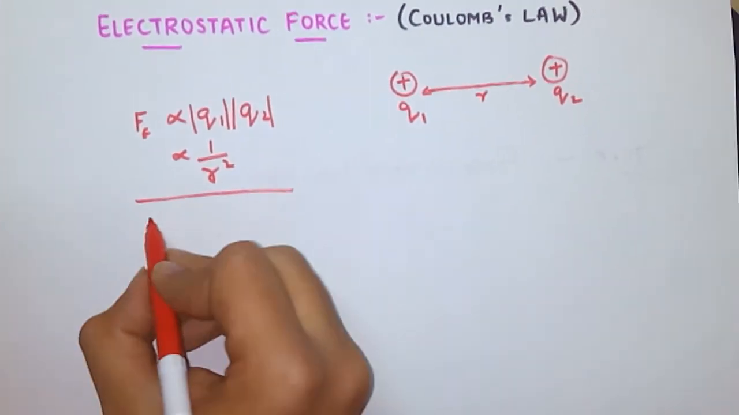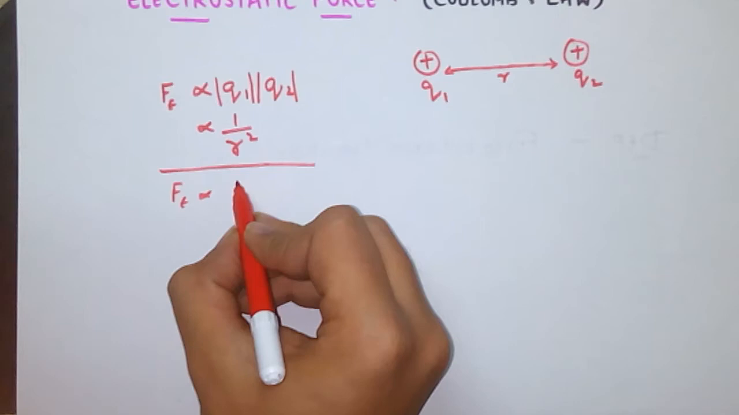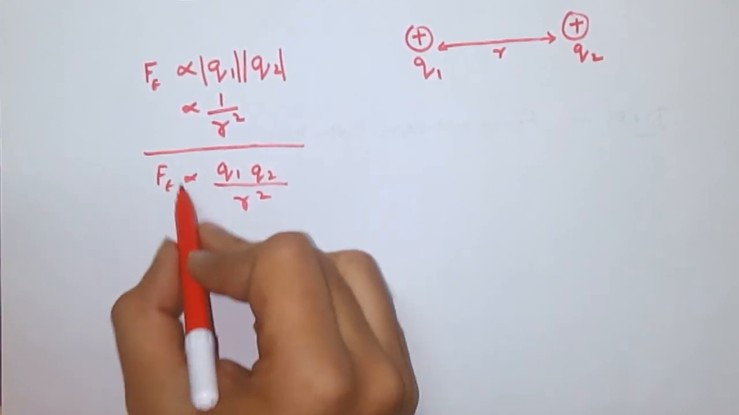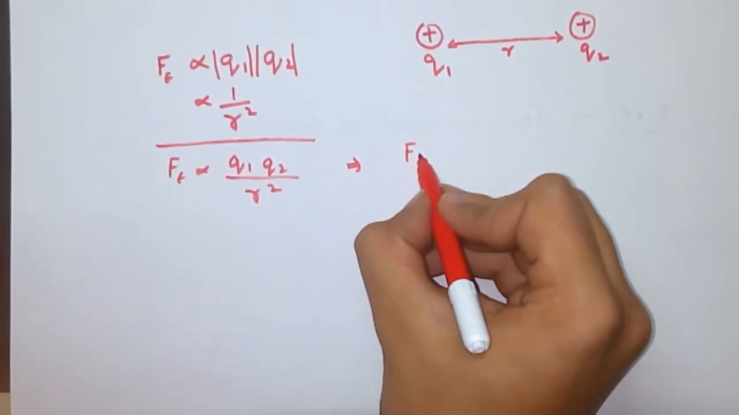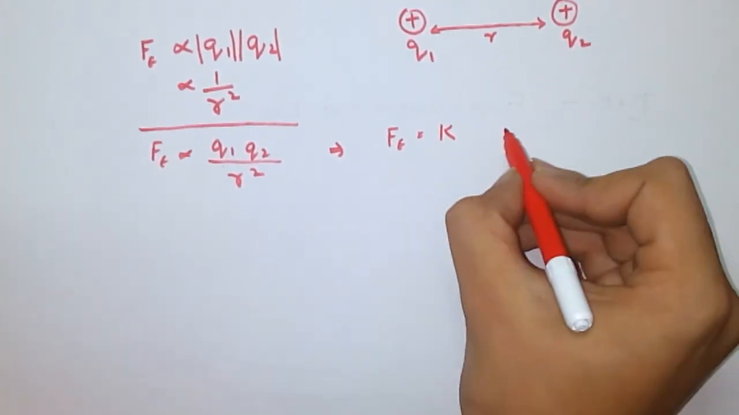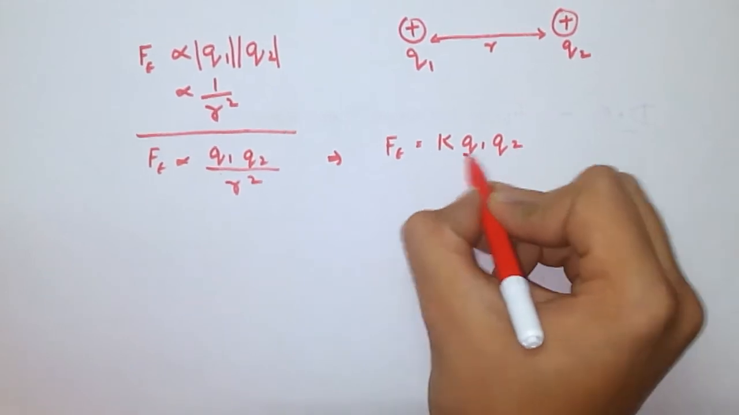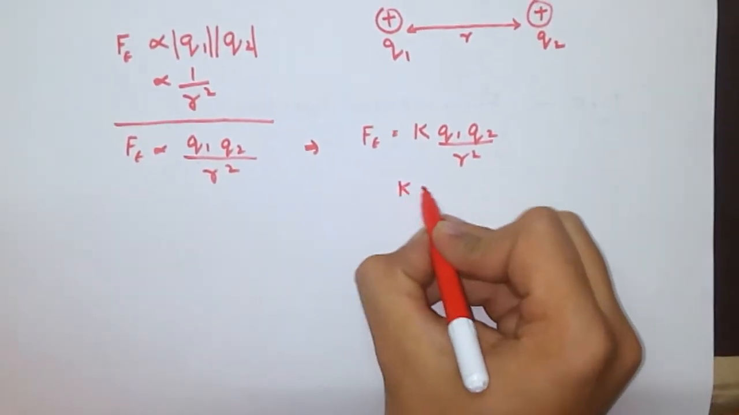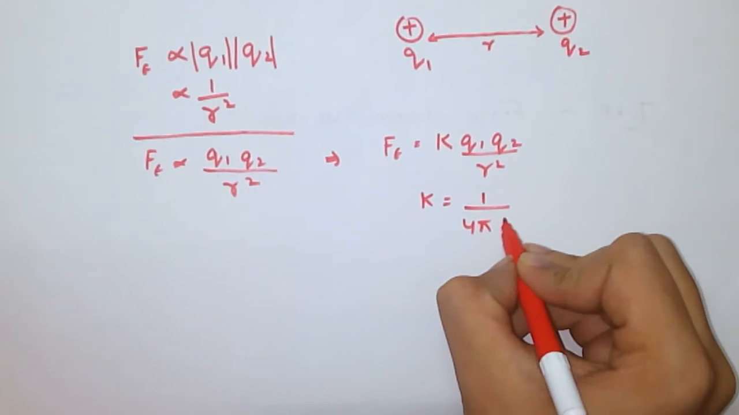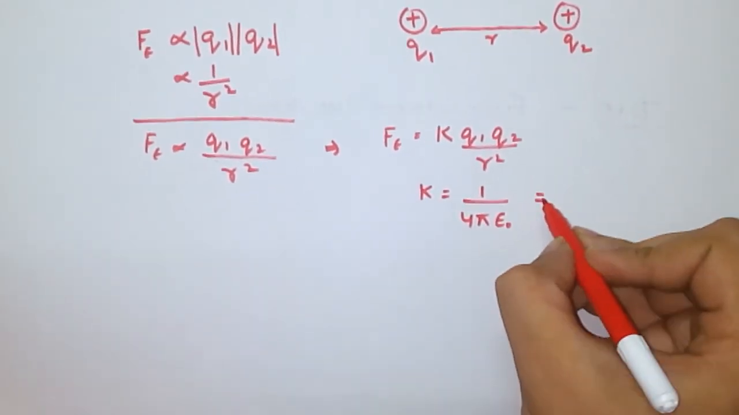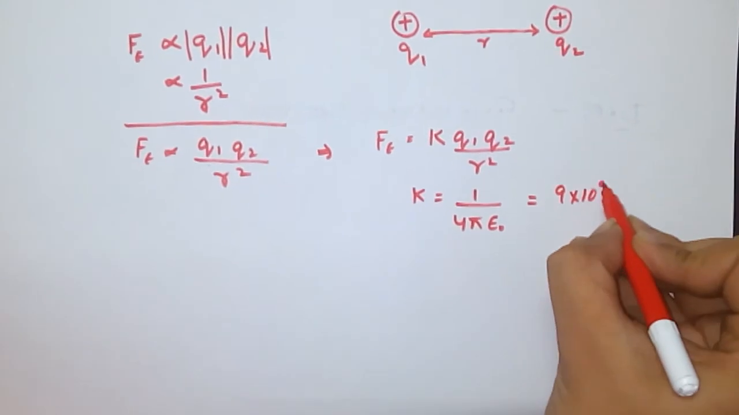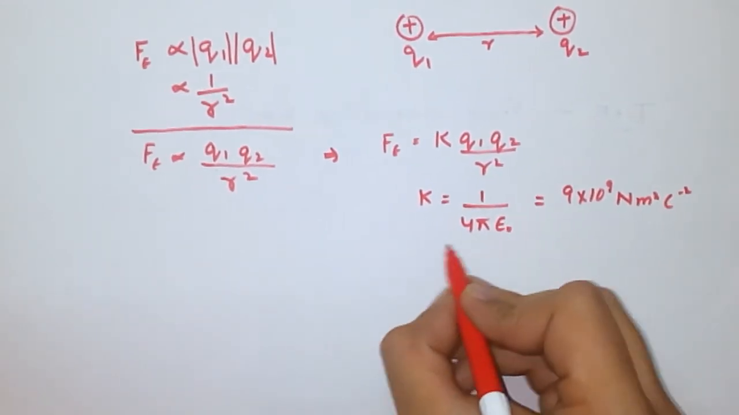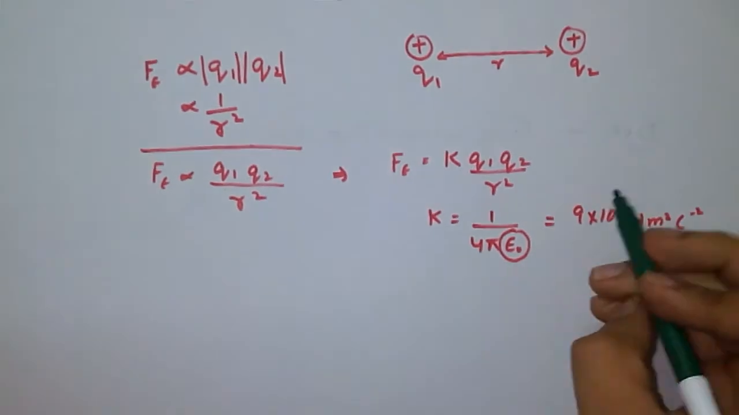After making that clear, F_E is proportional to Q1 Q2 by R square. So the proportionality sign is replaced by a constant called K, giving K Q1 Q2 by R square, where K is 1 by 4 pi epsilon naught, which is equal to 9 times 10 to the 9 Newton meter square Coulomb inverse square, and epsilon naught here is